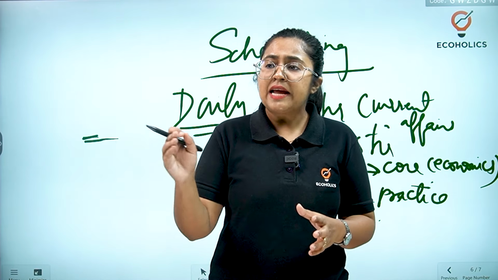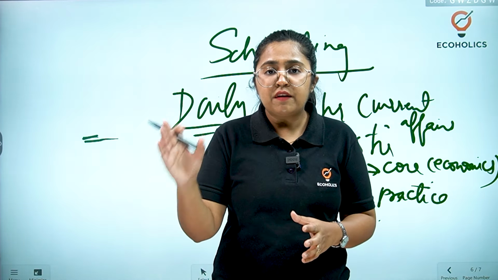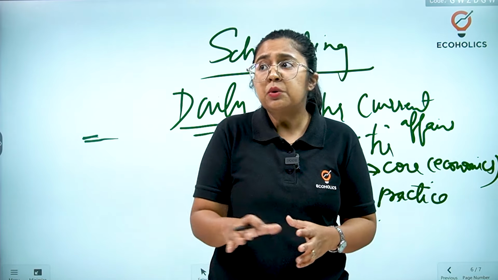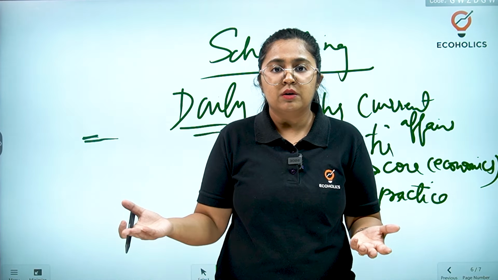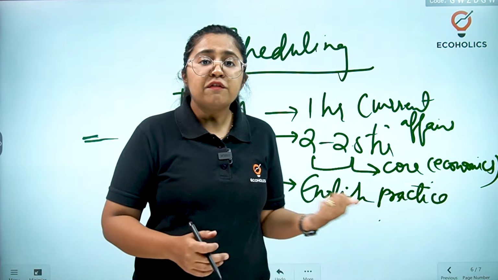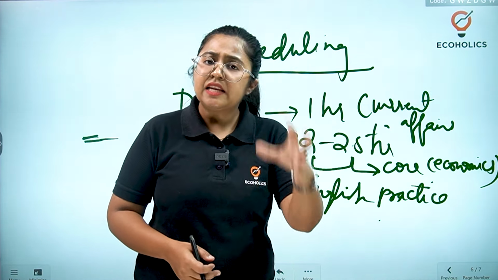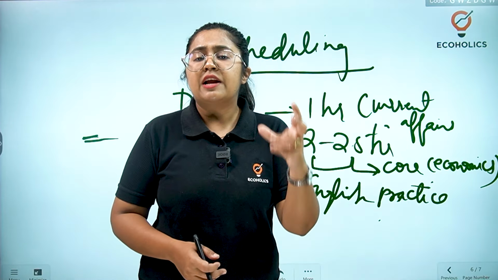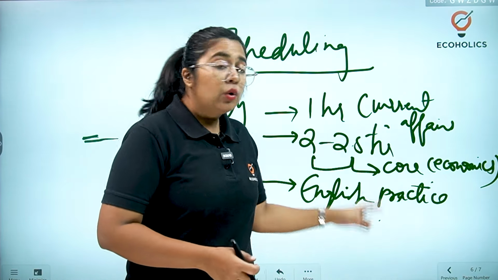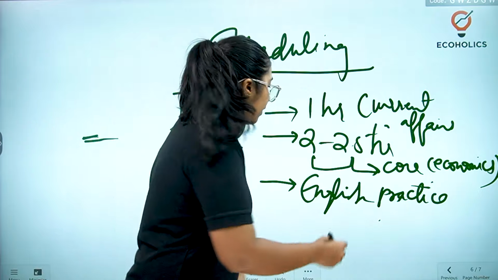So pick any book that you find, any material that you find. Do not go and purchase an English book, okay? This is not for reading, this is for practice. So any comprehension, any good English grammar material that you find, go ahead and start practicing it for 1 hour